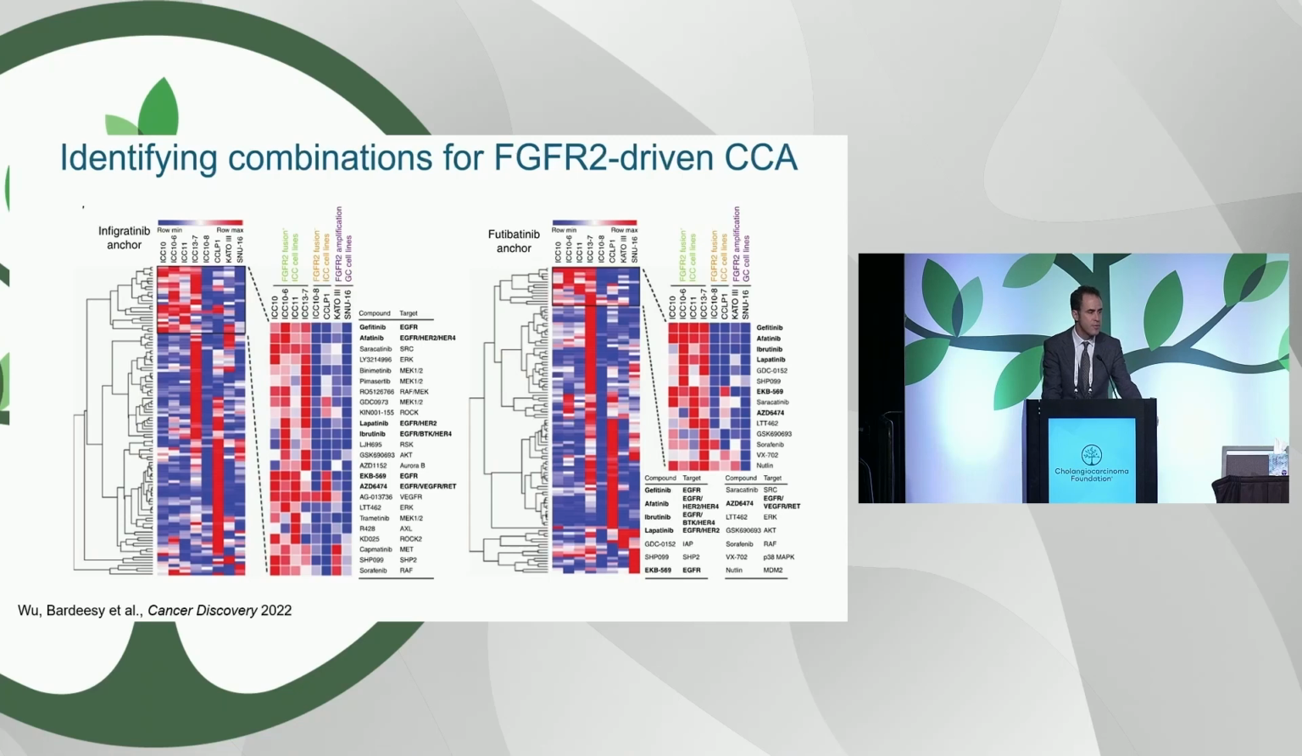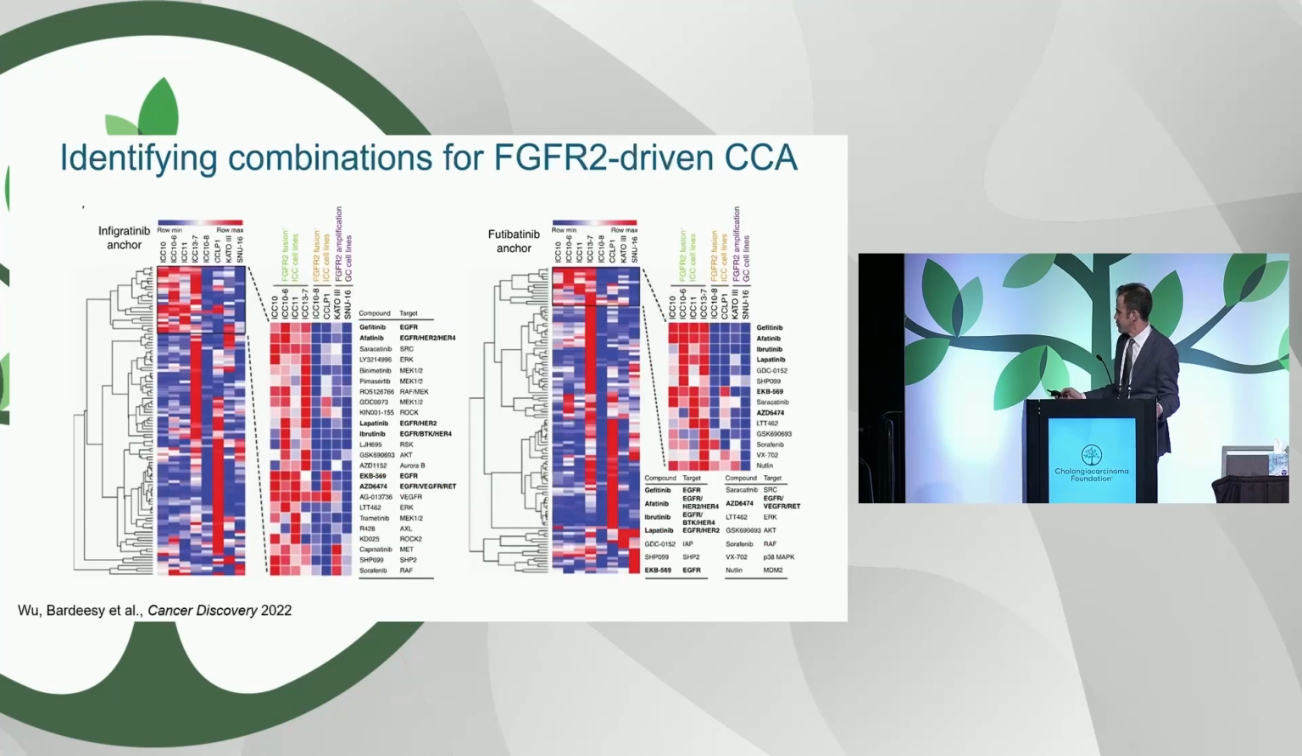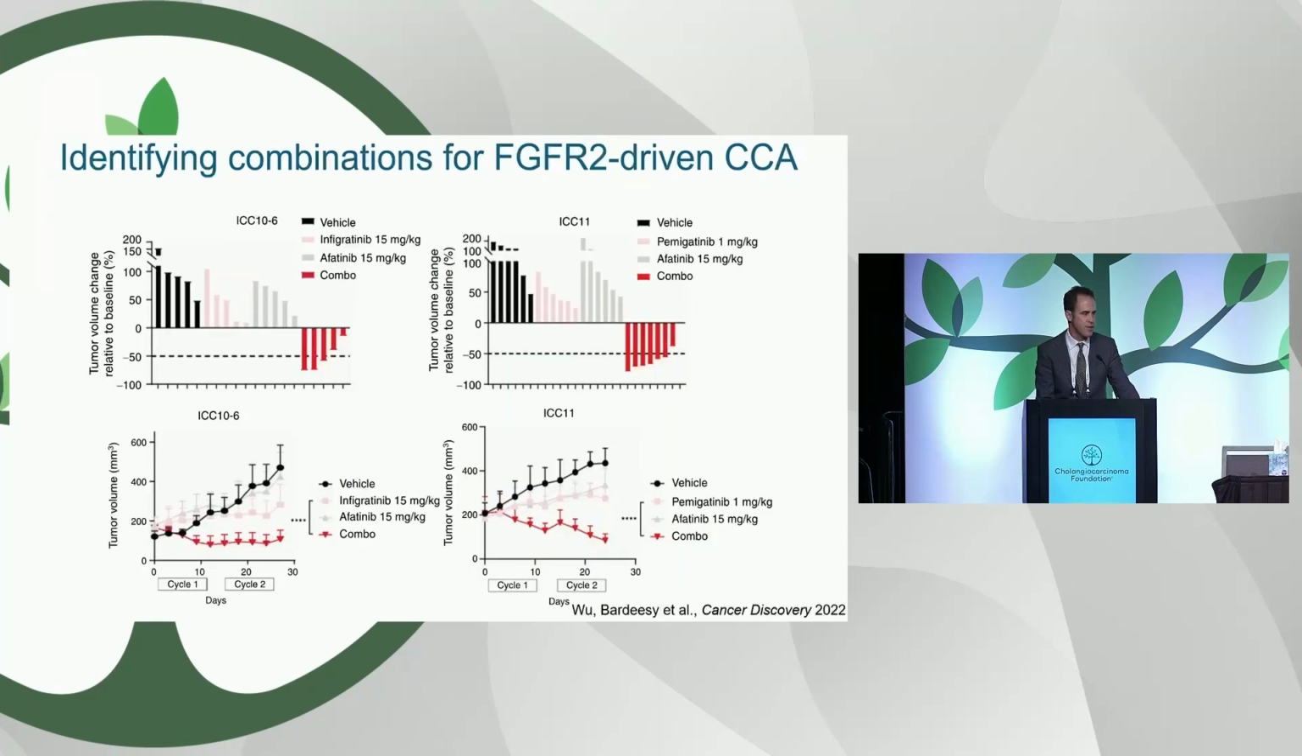And quite strikingly, and similar to what we see with KRAS, most of the compounds that emerged that cooperated with FGFR2 inhibition were actually EGFR inhibitors. Now, there's a natural toxicity question of combining these drugs together, but it really speaks to the biological relationships that underlie these combinations. And indeed, the Bardeesi lab was able to show a marked benefit of combining even subtherapeutic doses of drugs targeting both